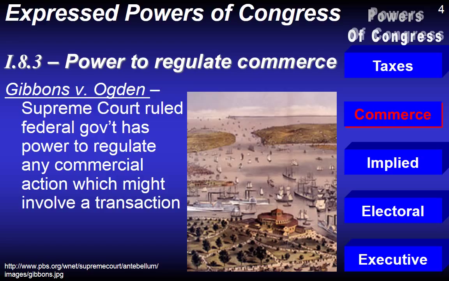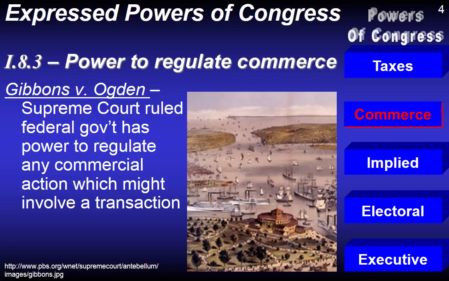Now, to give you some other examples of commerce regulation: the buying and selling of guns, so therefore they can control what guns are in the country and what guns are not in the country. Car EPA mandates as far as how much your car is allowed to pollute or not. The idea of minimum wage and civil rights discrimination have all been regulated underneath this idea of regulating commerce.